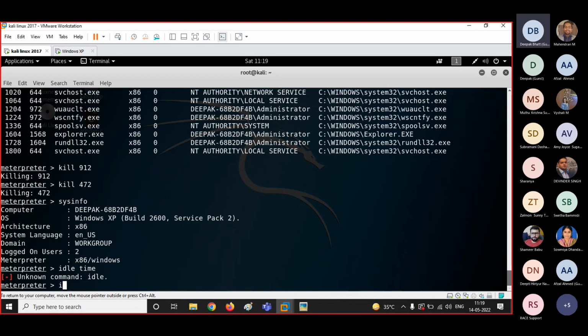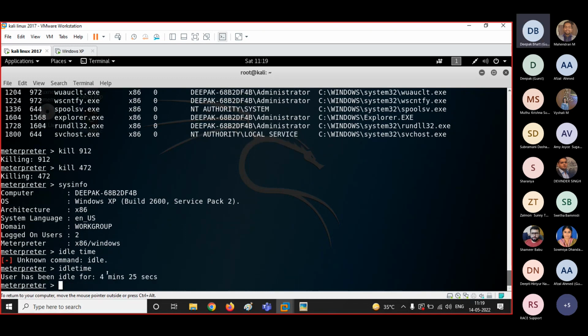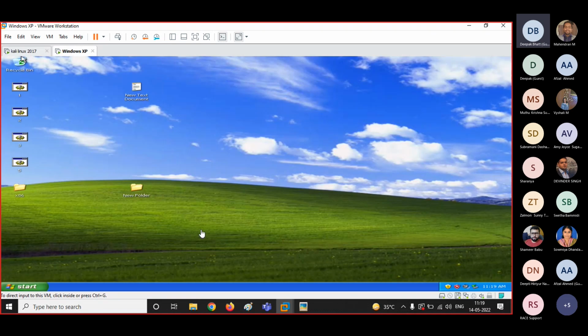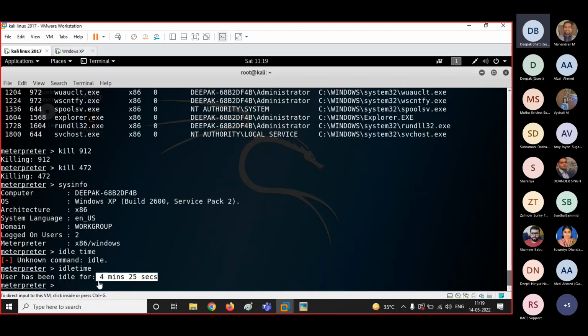Not working. Why? It's idle. User has been idle for 4 minutes 25 seconds. Since 4 minutes 25 seconds, I have not done any activity on this machine. So it's giving me the idle time also, right? Correct?